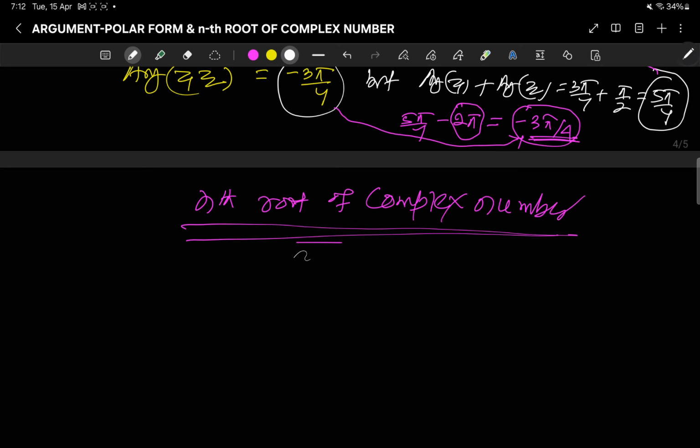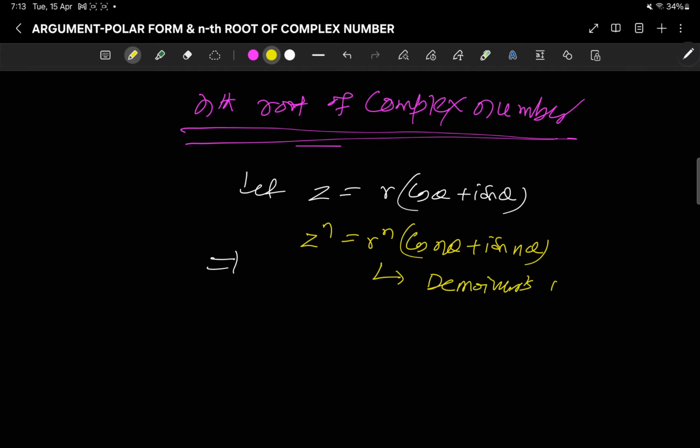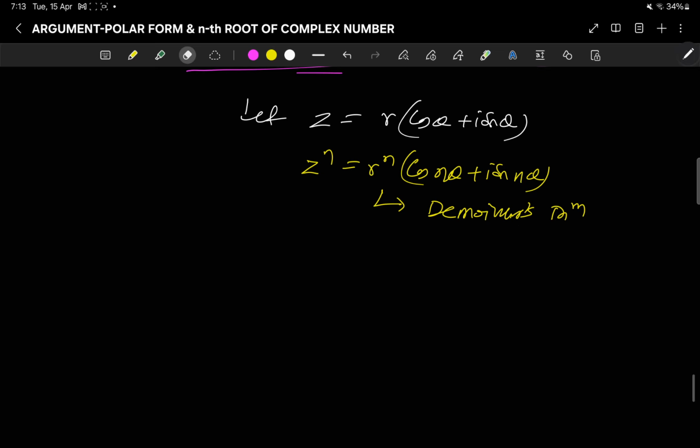Now coming to the nth root of a complex number, let z be equal to r cos theta plus I sin theta. So what is the nth root of z? Now what is z to the power n? Your z to the power n is r to the power n cos n theta plus I sin n theta. You know this because this is de Moivre's theorem. Now if you are asked to find the nth root of z,